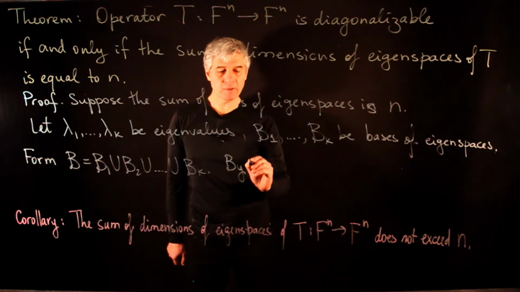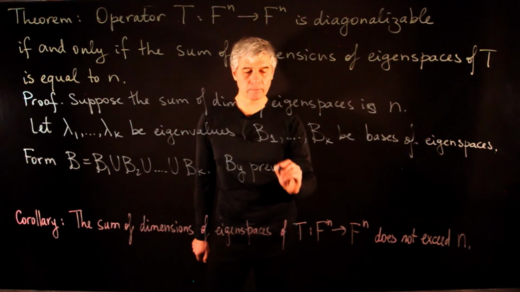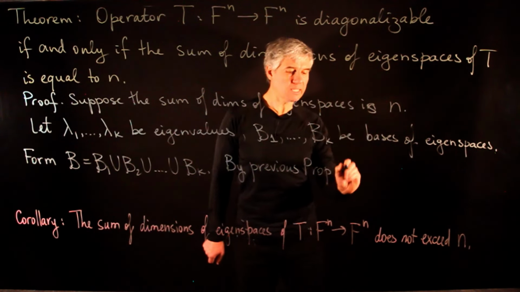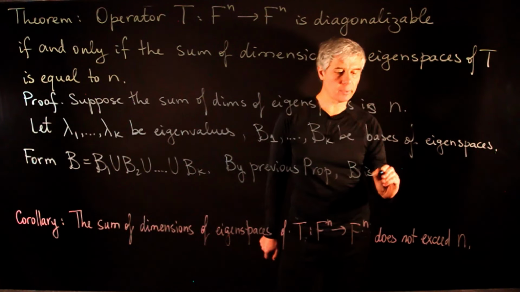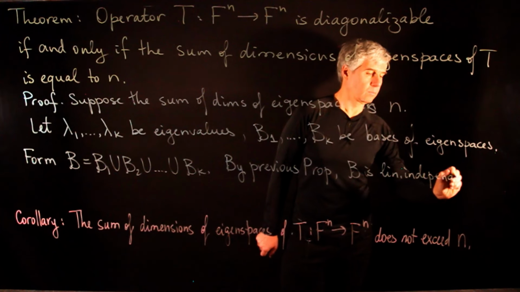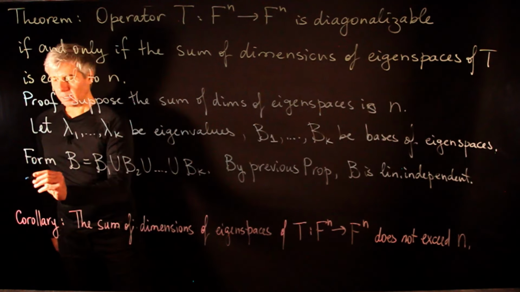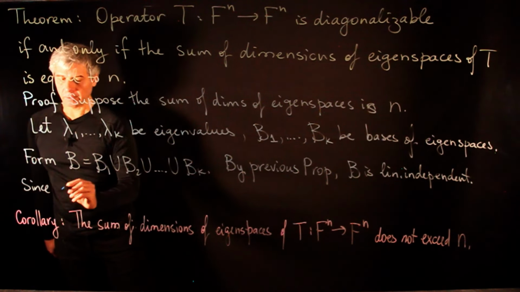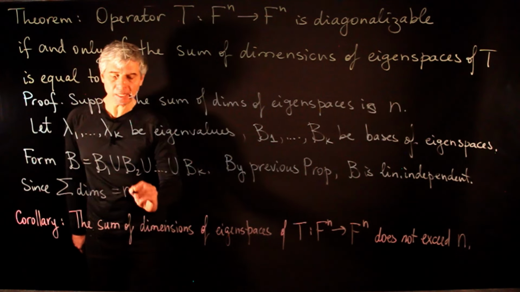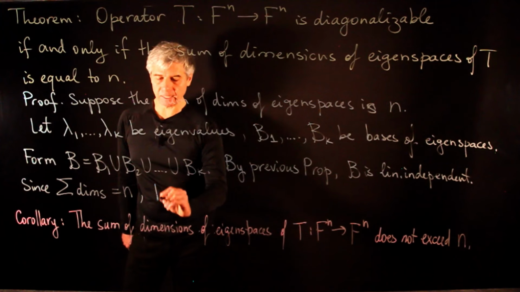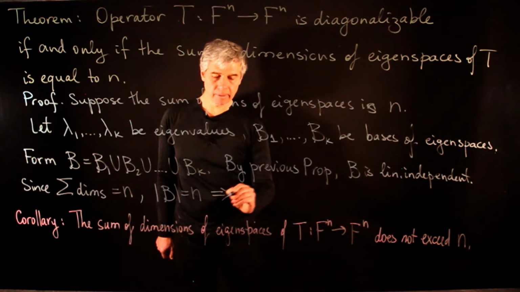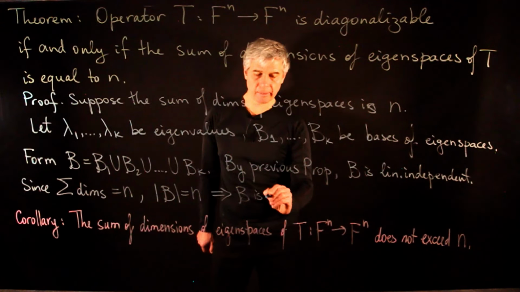By our previous proposition, the set B is linearly independent. And since the sum of dimensions is equal to n, we have that the size of this set is equal to n. So hence, B is a basis